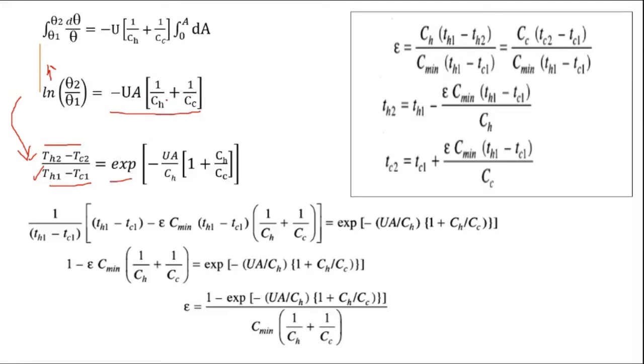Now in this term, we are multiplying and dividing by CH. So UA divided by CH, whole thing multiplied by CH. We can multiply both the terms by CH, here also CH and here also CH. So what are we left with? UA divided by CH. Can you see this part? Yes, sir. The next term will be 1, so CH by CH is 1, plus CH by CC. We are getting this particular expression. Any doubt in this step?